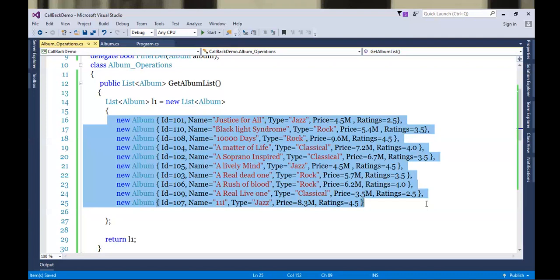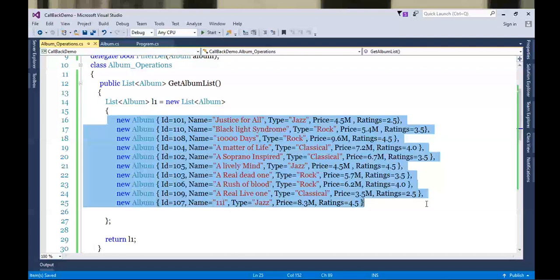So if ratings value is greater than 4, then we will take that album, otherwise we'll reject it. So what I need to do here, I need to keep on taking each album, check its ratings. If ratings are greater than 4, we'll take that album, otherwise we'll reject it. This is the simple criteria.